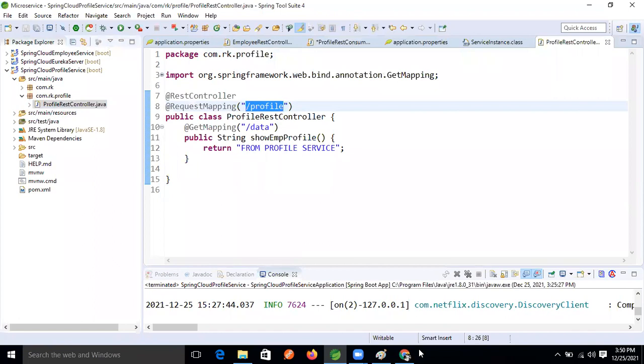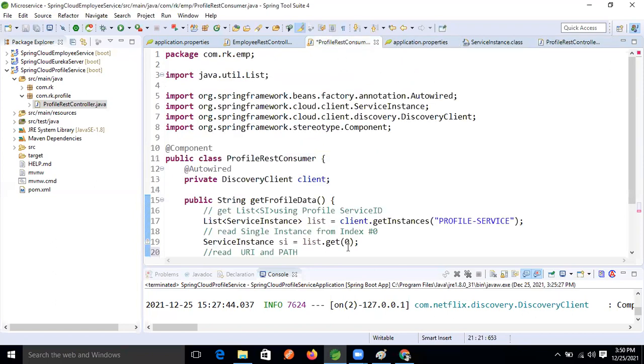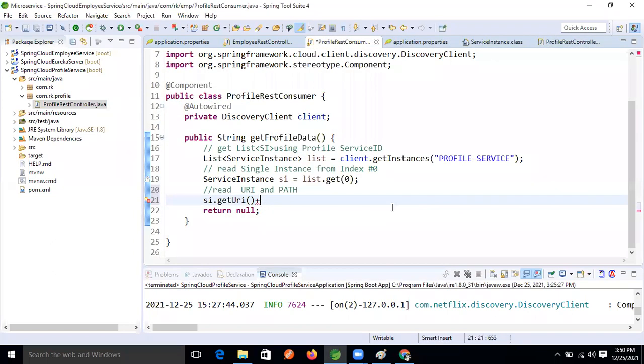Here, profile slash data. This is what I said: the combination of URI plus path is called the URL. We will return the URL.